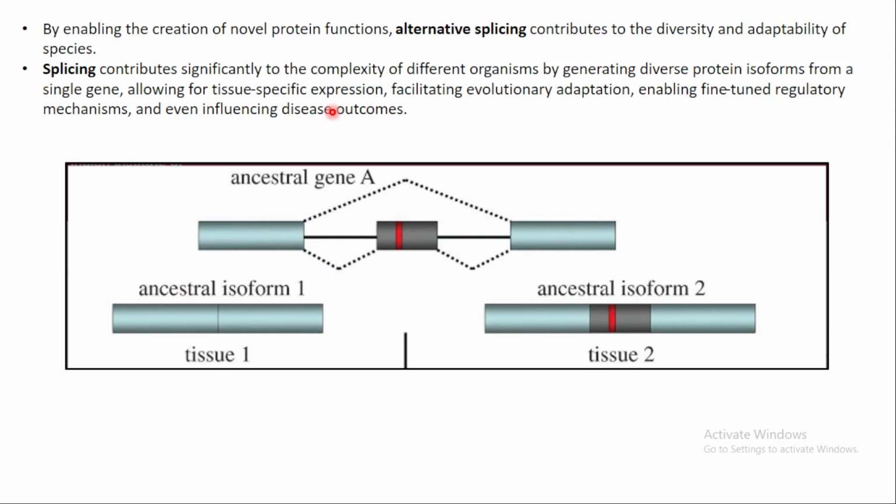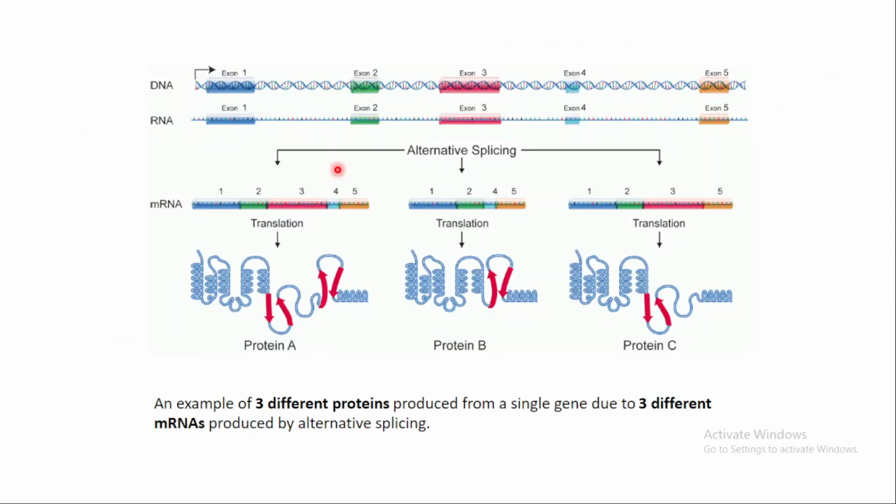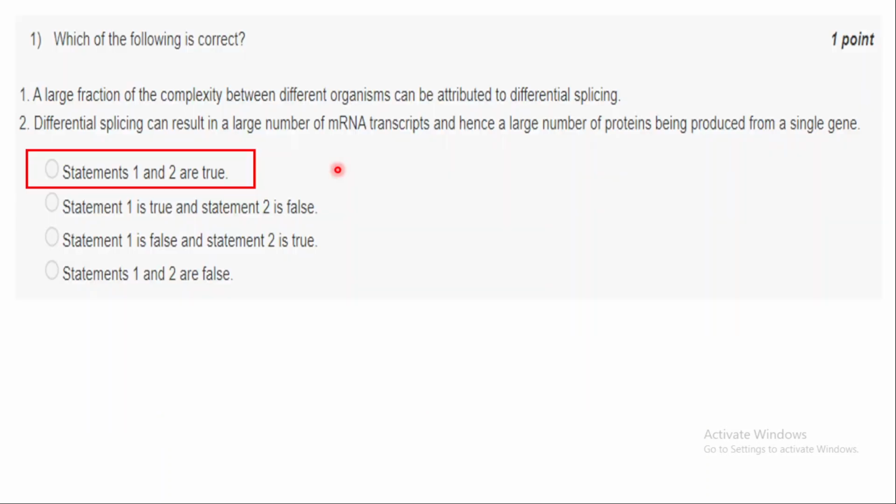gives rise to complexity in different organisms. So if you see, as Professor Subramaniam has mentioned in his lecture videos, a C. elegans worm and a human have almost similar kind of genes, but the protein array of humans is quite diverse from that of a C. elegans due to alternative splicing. Right? So this explains our statement 1. Now for the statement 2,